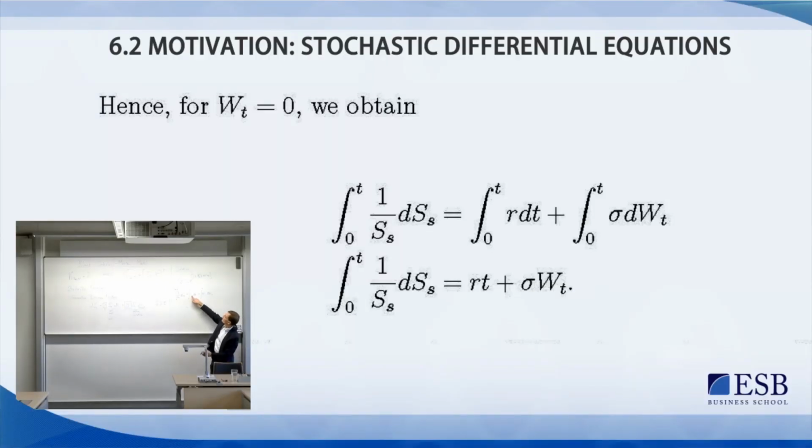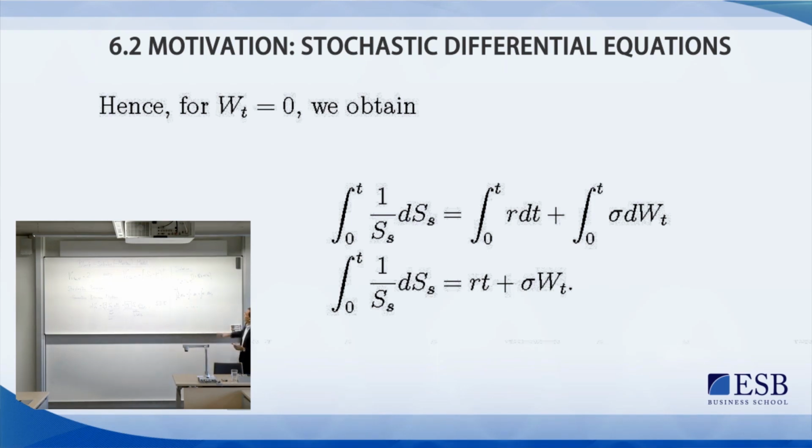So if you integrate this, you have r times the integration variable, which is also called t. That's sometimes a little bit odd because the boundary is also t, and therefore sometimes I write ds, so the integration variable is s. Plugging in the boundaries, t and 0, you see t remains. So it's rt